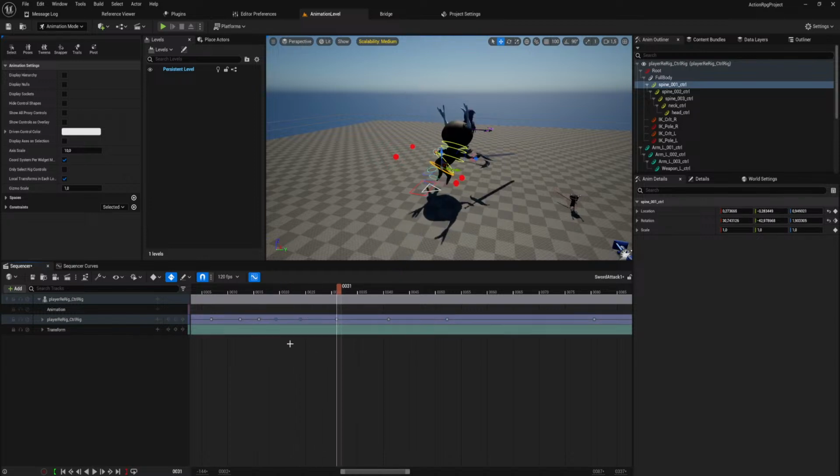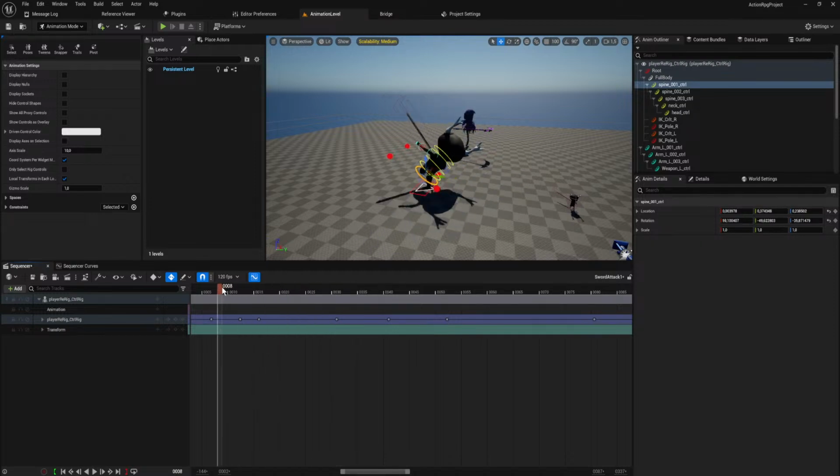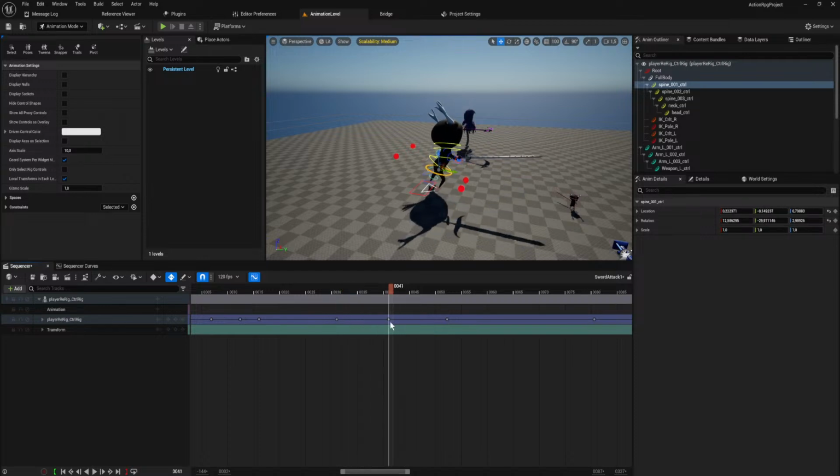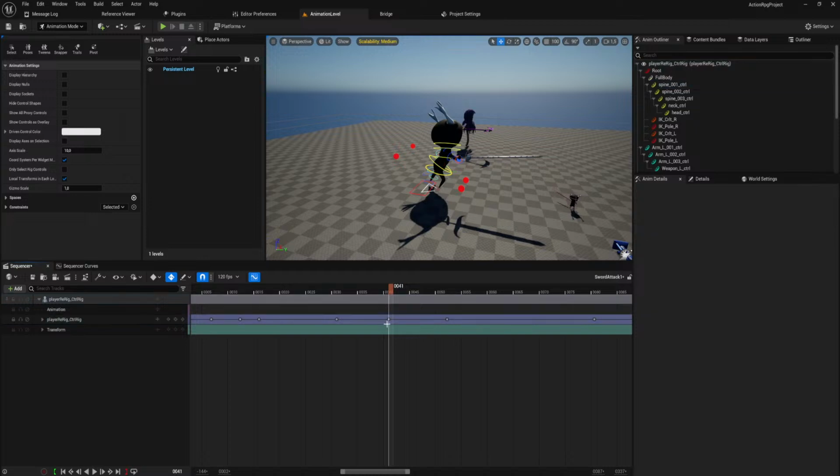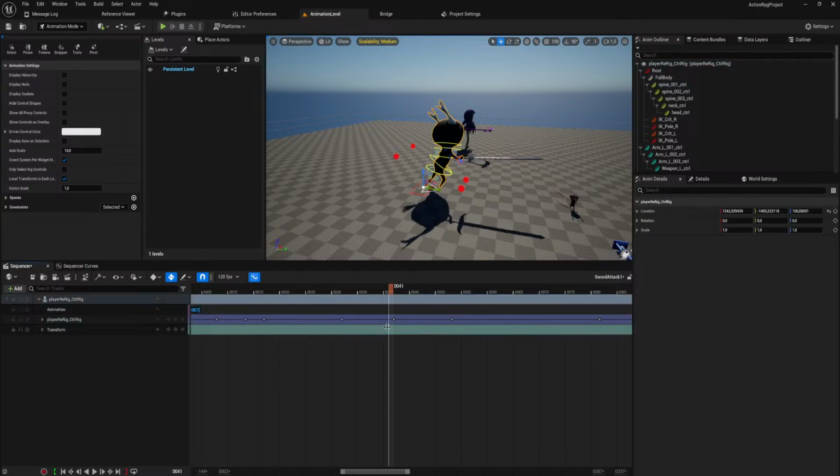But I think we can also get rid of these two keyframes. Because this being the start of the swing itself... Actually, we can also get rid of this one, probably. I am improving my keyframes now.